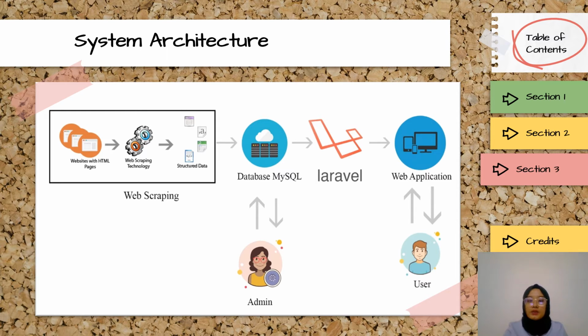The data from the database that admins insert will be shown in the web application through the Laravel framework. The data of the user will also be stored in the database with the help of the web application. User can download the PDF document of the tenders or quotation that is shown in the web application. The admin will handle the tenders and quotation notice by update, delete, view, and add the new data.